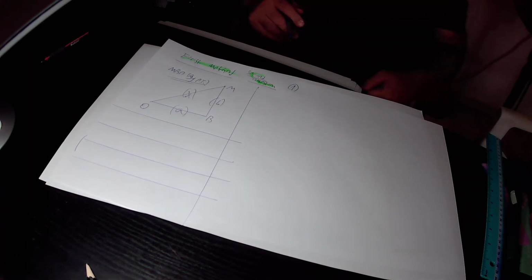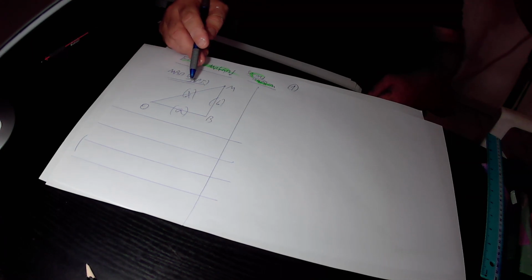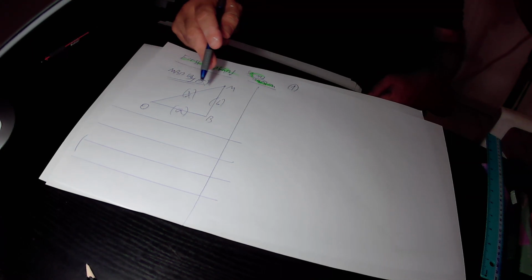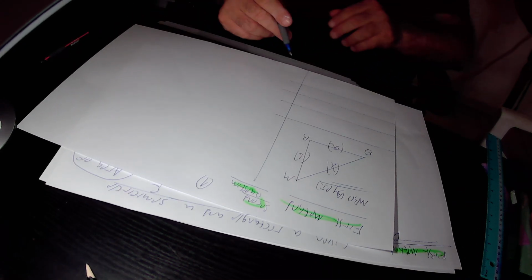According to the Pythagoras theorem, in this right triangle MBO, OM squared, that is the square of the hypotenuse, equals MB squared plus OB squared. So I write it down. OM squared, the square of the hypotenuse,